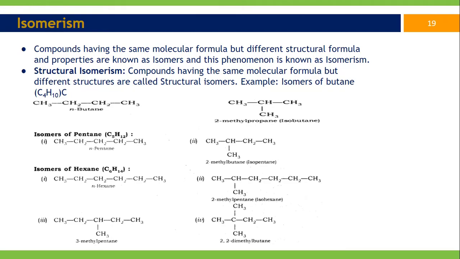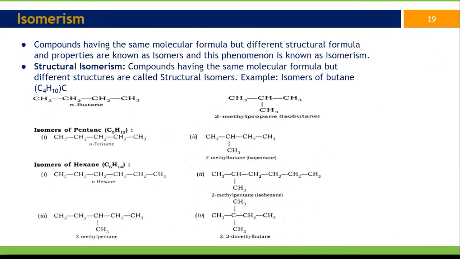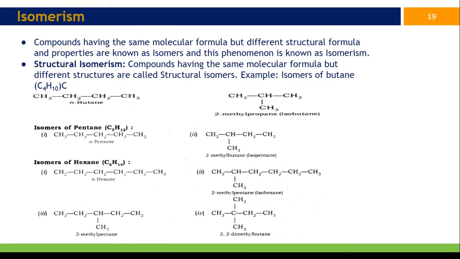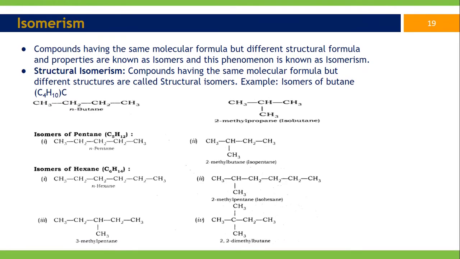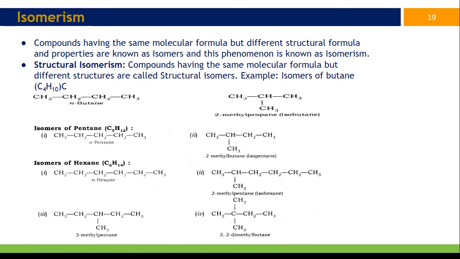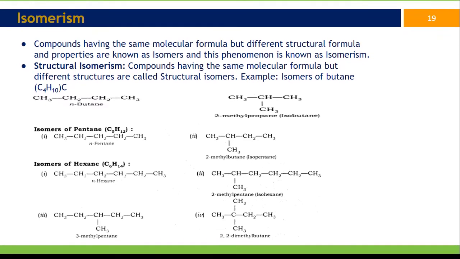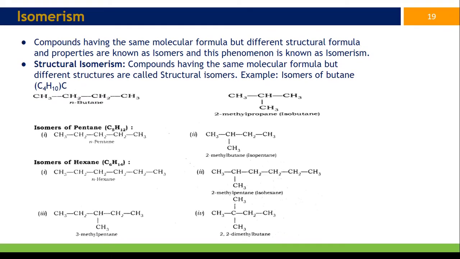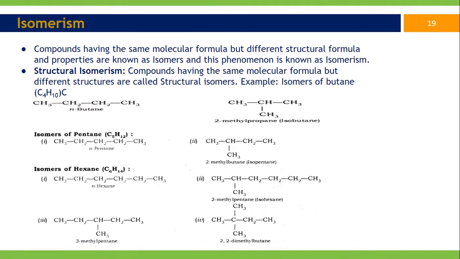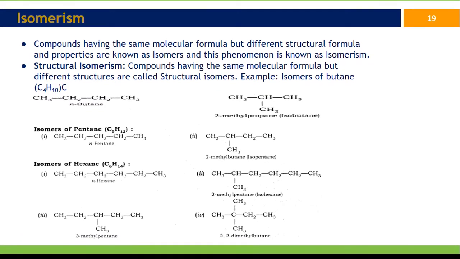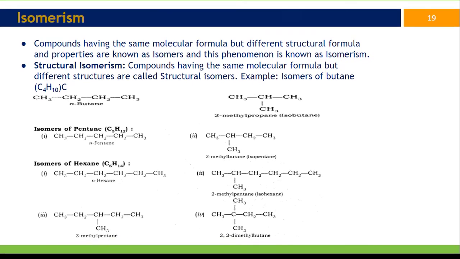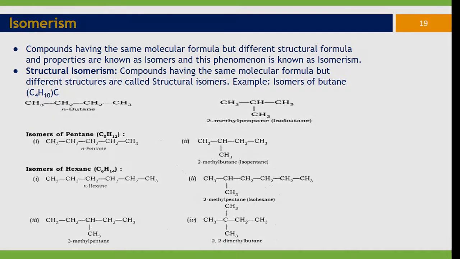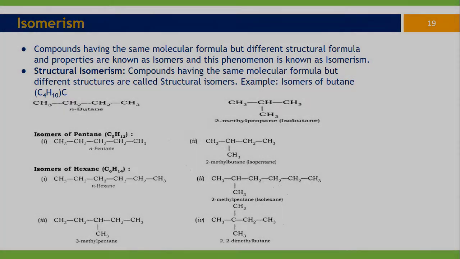It can be written in two forms, that is, two isomers: n-butane and isobutane. In n-butane, the carbon atom chain is linear, whereas in isobutane, carbon atoms are attached in a branched structure. Some more examples, isomers of pentane with formula C5H12. It can be written as n-pentane or isopentane. n-pentane is a straight chain, whereas isopentane is a branched one.